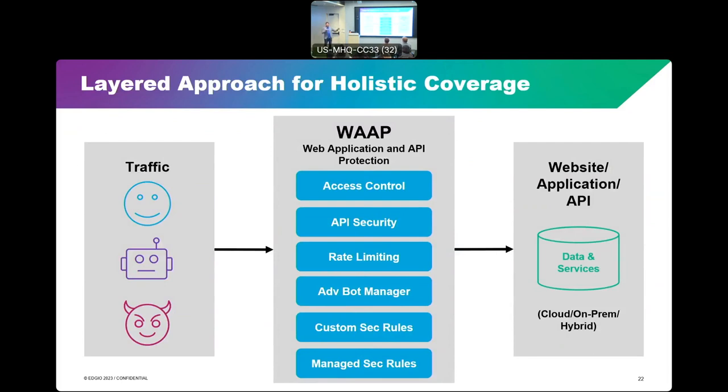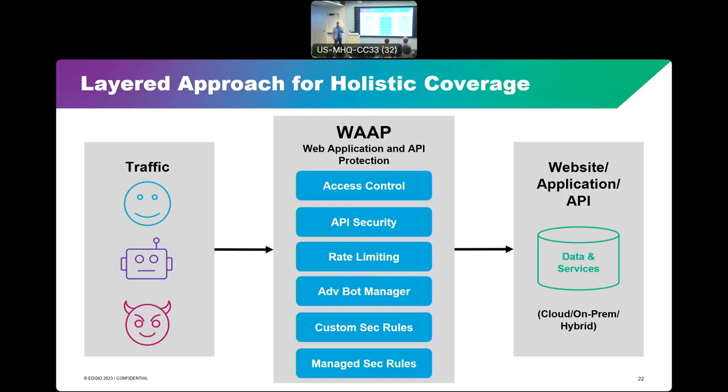Remember, there's good bots, bad bots. We talked about the impact of some of these things. These are ways that you can integrate security at the edge and into those POPs that will help you secure your whole experience and your systems. So things like access controls, right? Making sure users who are coming to your page have access to the content and information they're requesting. Security at the API level, making sure that that's managed through this way.